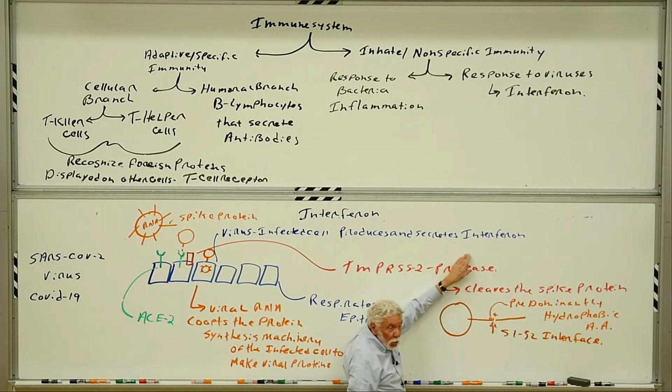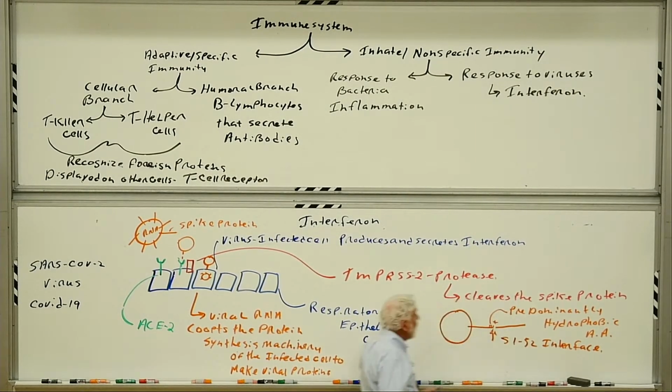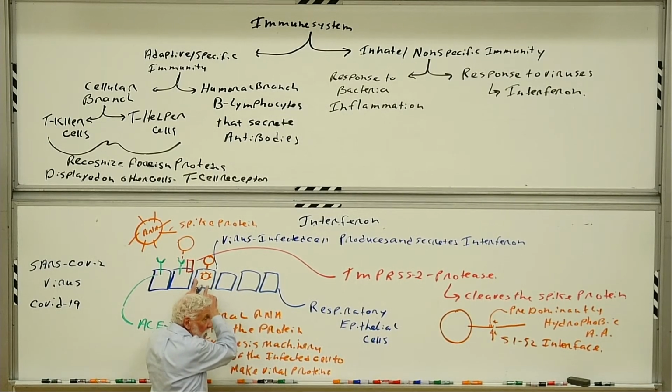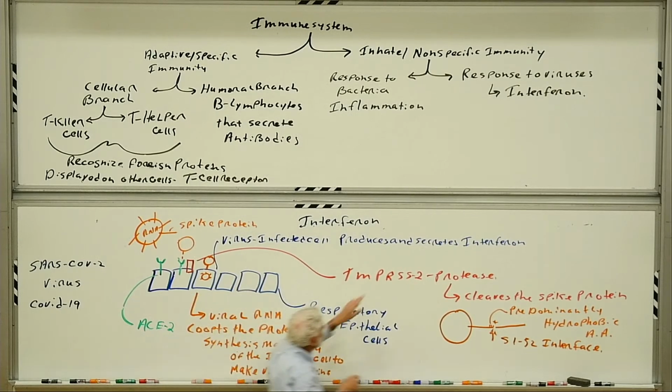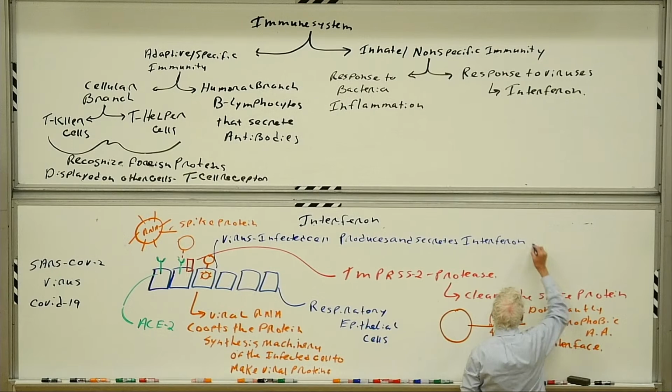The interferon response is not particularly specific. What the interferon does is it now becomes a signal to neighboring cells. This virus-infected cell's a goner. There's nothing we can do about it. It's done. The interferon now binds to receptors